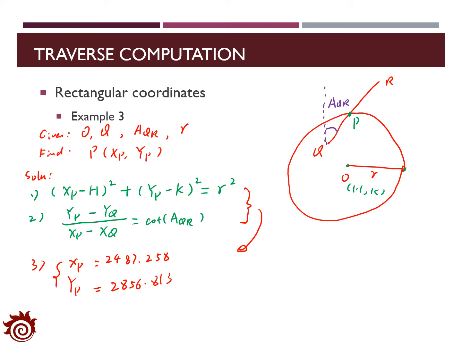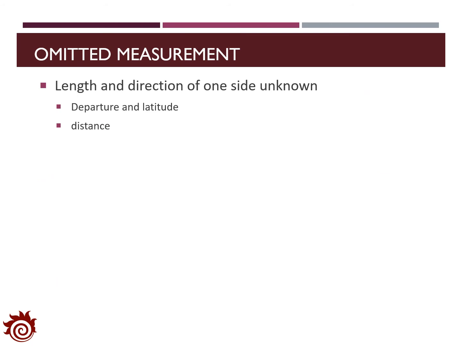The other topic we want to include in this lecture is the omitted amendment. Well, for the traverse surveying, we are missing the amendment of one or multiple segments. The first scenario we want to consider is the unknown length and direction of one side for the traverse with a polygon. You can take a look at the example here for a 6-side polygon,